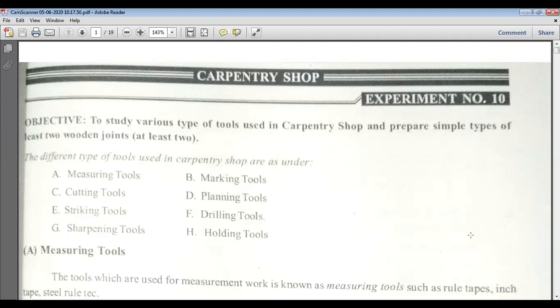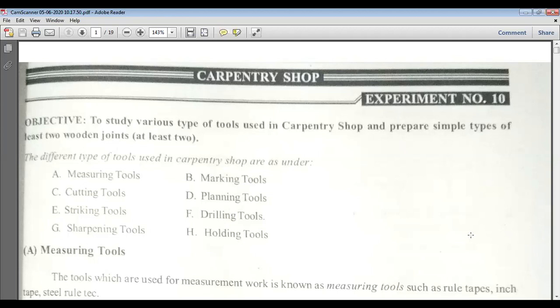Striking tools are used for hammering a nail or something like that. Sharpening tools are used to sharpen the cutting tools to make knife edges, and marking tools are used to mark on the wooden pieces where we have to cut the wood.